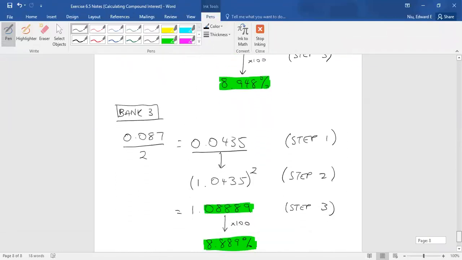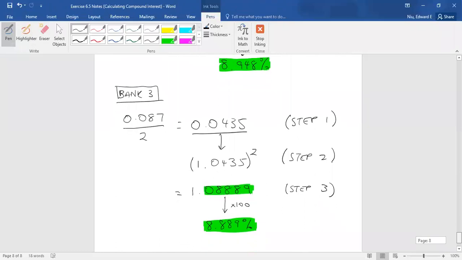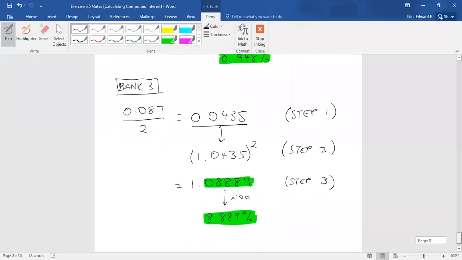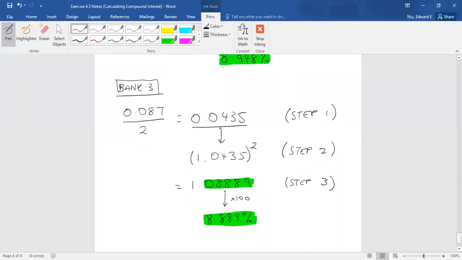And bank 2 is higher than bank 3 as well. So let's fence all of this off. So therefore, bank 2 has a higher